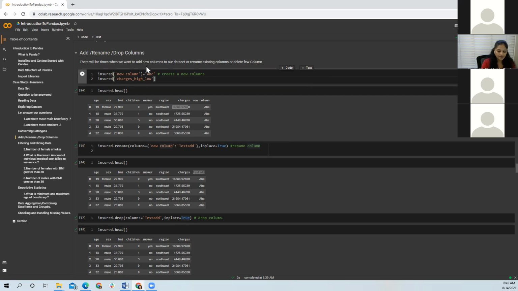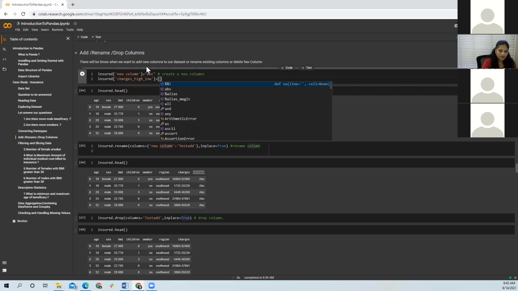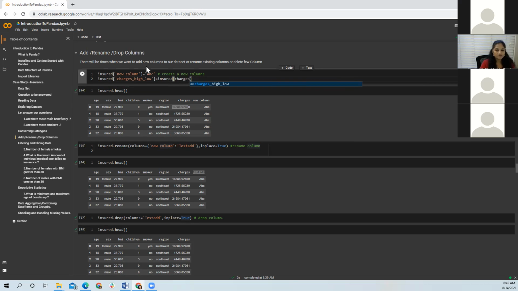And then here I will mention the condition, something like insured charges greater than 3,000. I want them to have the value Y.